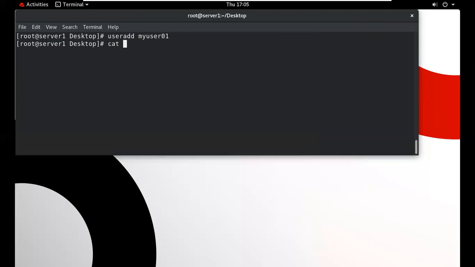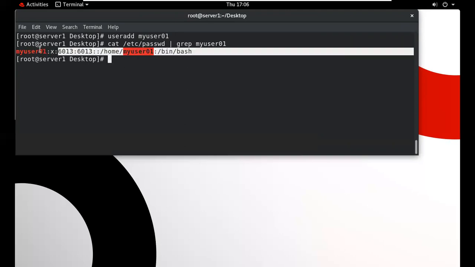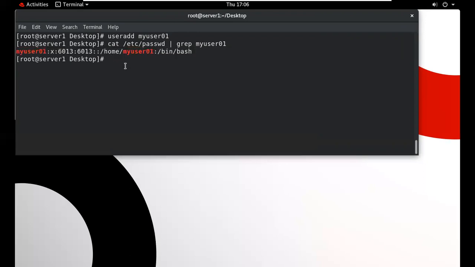And we want to check in which location it will be created. It will be created in this particular location. This is the location where all the users exist, and we want to specify this. Then we can use this particular command, and my username is this. So we check whether my user will be created or not. The user will be created, and we want to check whether the user is redirected to this location or not.